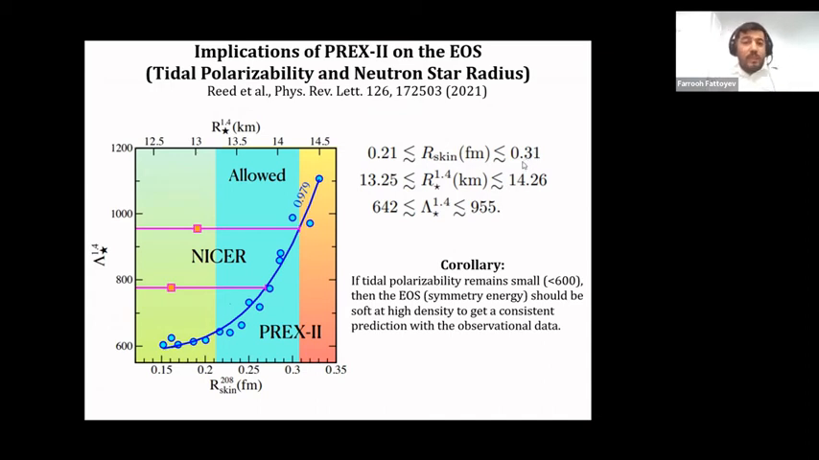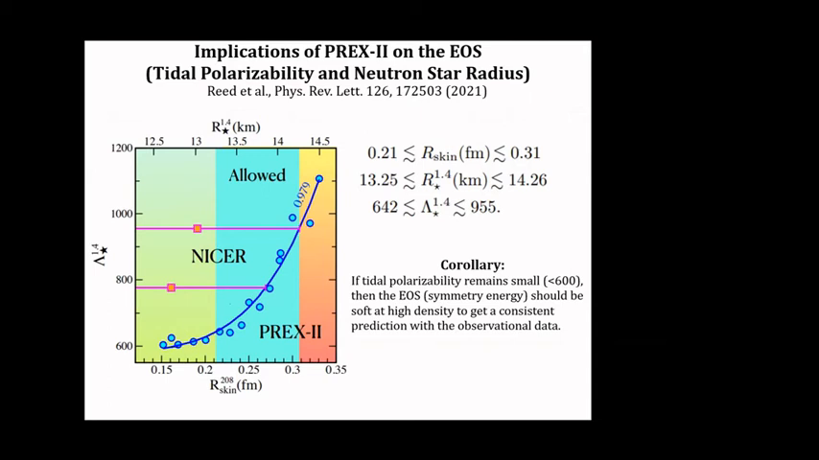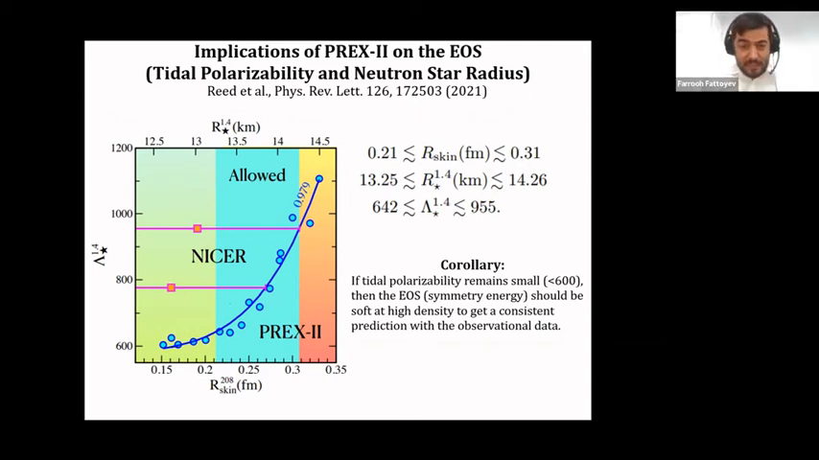Now, what if the tidal polarizability is smaller than 600? If that's the case, then the equation of state has to be soft at higher density, where PREX cannot probe it. So the nuclear experiments cannot probe the equation of state at higher density. So we expect the equation of state should be softer, somewhere around twice saturation density, so that we can get a smaller